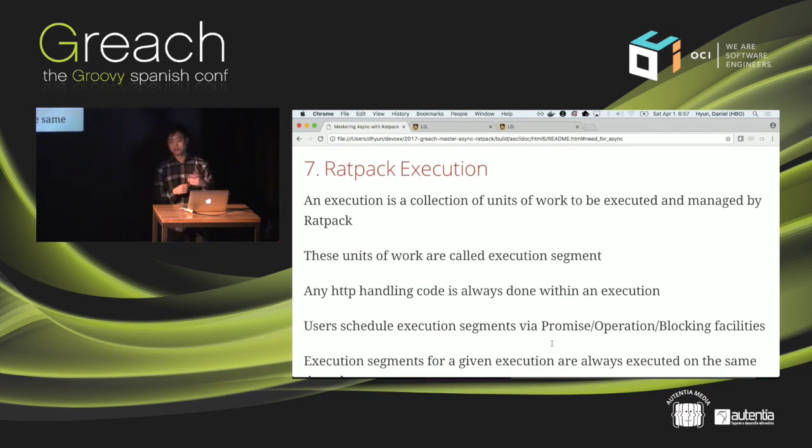So in the context of this threading model in Netty and concurrency issues, Ratpack has an abstraction that is known as the execution. An execution, it's kind of difficult to explain, but an execution is essentially made up of execution segments, right? What does that mean? An execution segment is just a bit of code that is scheduled to run at some point. By default, when you create these execution segments, they get queued up in an order such that they get executed in a serialized first in, first out manner. That sounds a little bit abstract, okay?